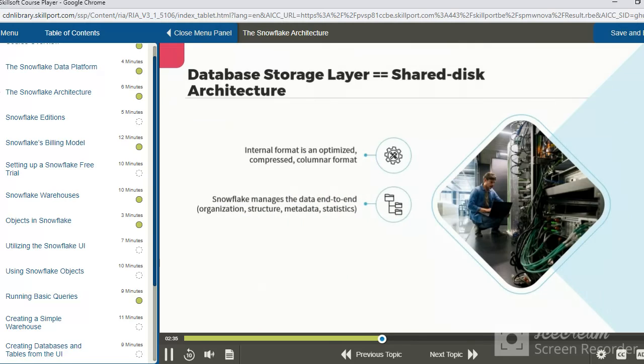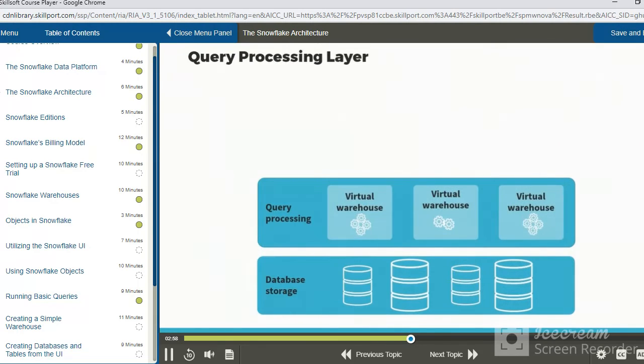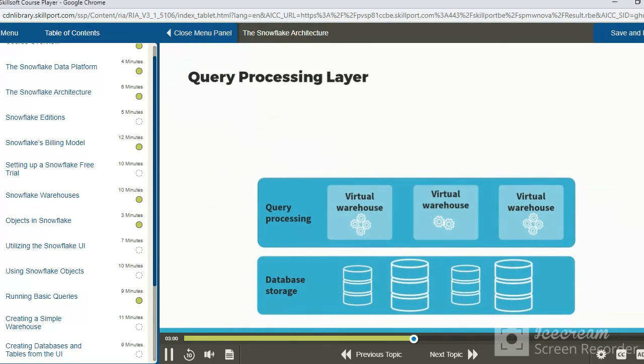Snowflake then manages the data from end to end. This includes the metadata, statistics, profiling, structure, and organization. The data is not directly accessible to the users. The only way that you can access that data is via SQL queries that you run on the Snowflake platform. You can see here that there are many features that Snowflake has in common with BigQuery, for instance. This absence of direct data access makes the query processing layer all that much more important. Remember that the query processing layer consists